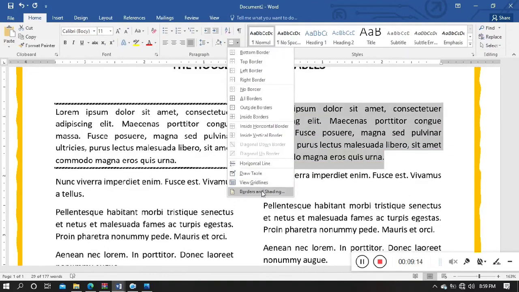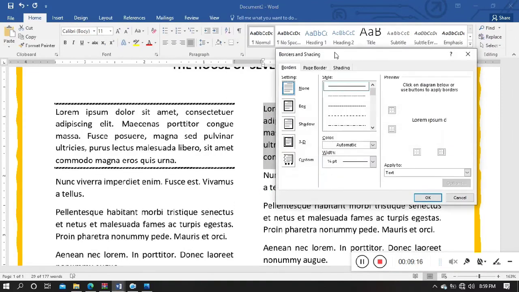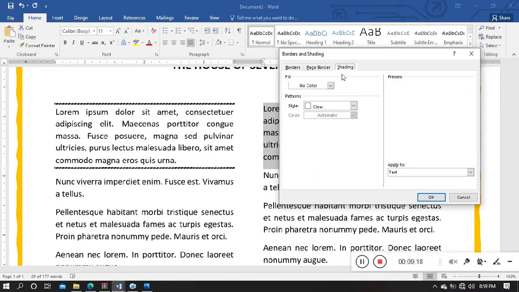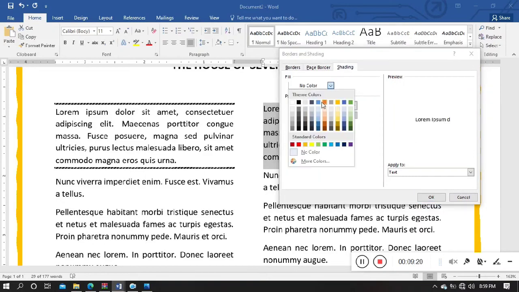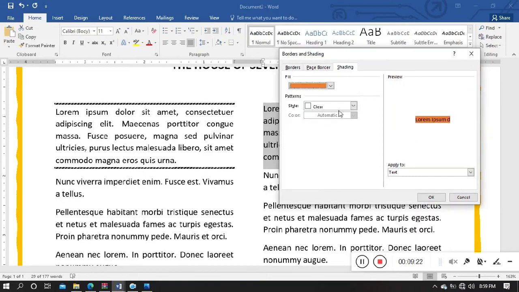Go to Borders and Shading, same thing, and you will find the Shading option. Under the Shading tab, you can select what color you want to fill and click OK. See,